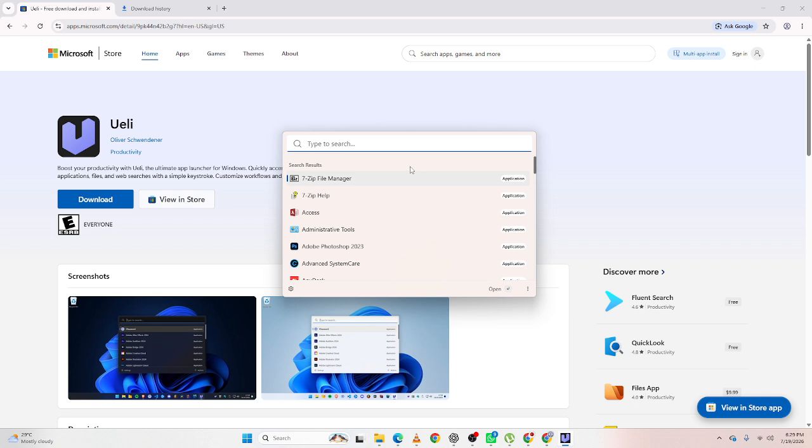And that's how to open files faster with ueli. By using instant search, keyboard shortcuts, and the file search extension, you can spend less time browsing folders and more